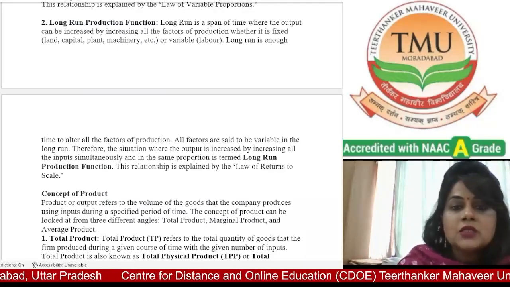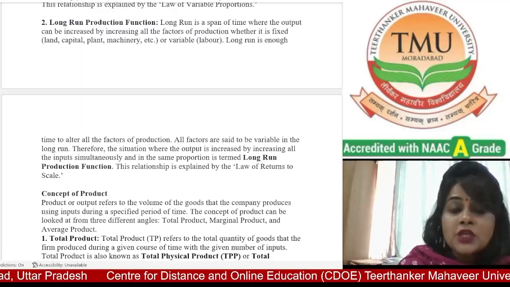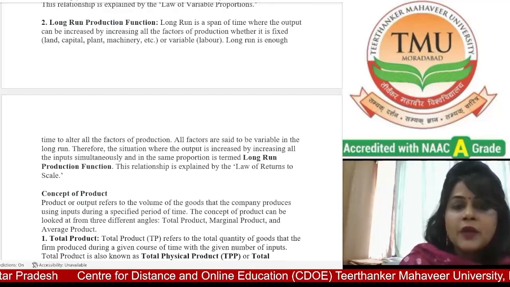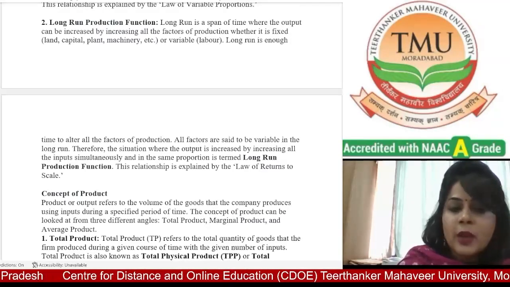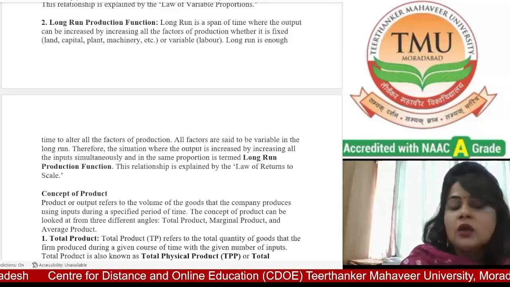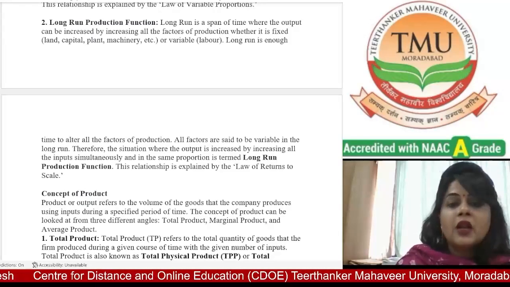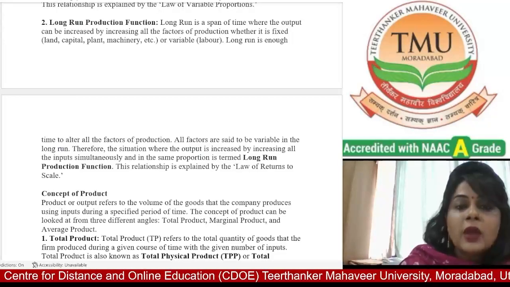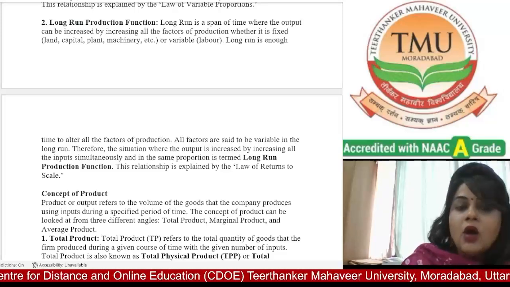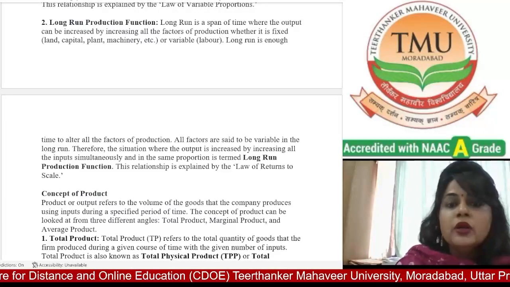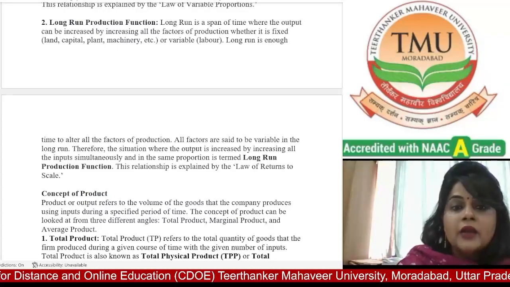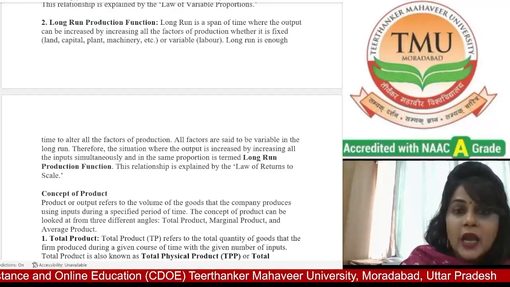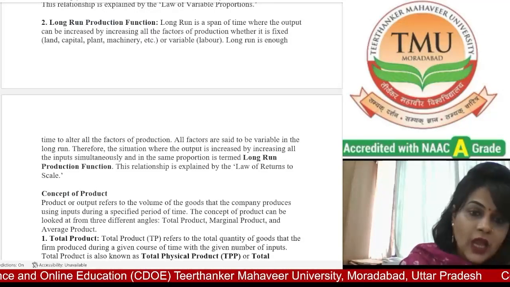In the long run, production is depicted as a combination of capital and labor. Suppose, for example, with a combination of capital and labor of 100, the producer gets 100 output. Increasing capital and labor in the long run, the output increases to 200. The production function is shown in terms of an isoquant, and we will discuss the isoquant in